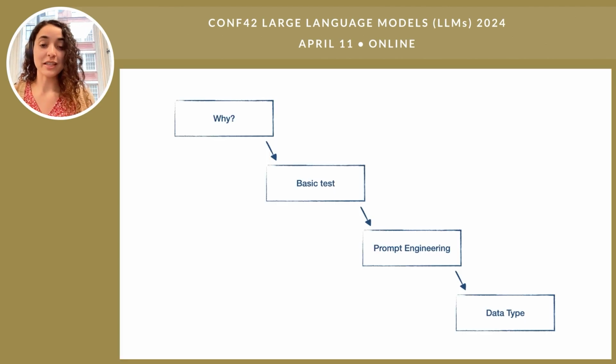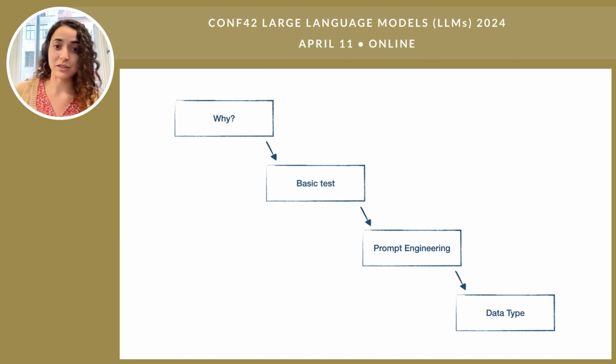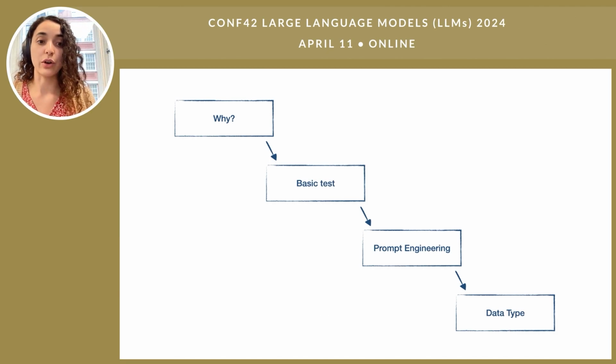We'll be going through this in 4 stages. The first one, we'll be asking ourselves the question, why? Why are we doing this? Why do we even want to try and apply OpenAI to anomaly detection? The second thing we're going to do is a basic test to just get it to work. The third thing is we're going to talk about prompt engineering and how that's going to affect the results from your anomaly detector. And lastly, we're going to be looking at data types as well. How does the data type impact how well OpenAI does as an anomaly detector?